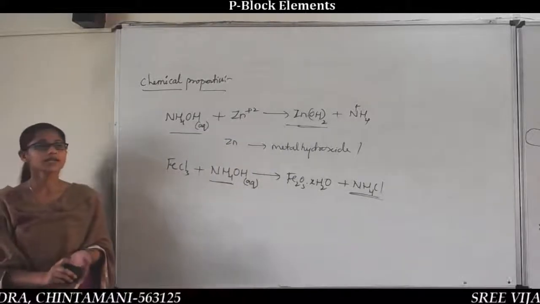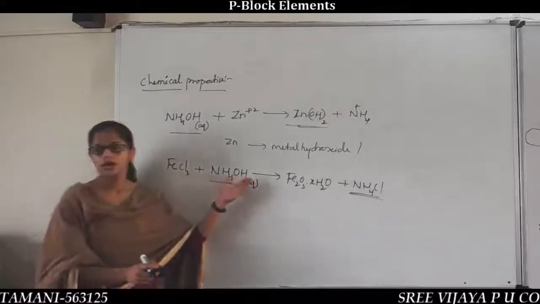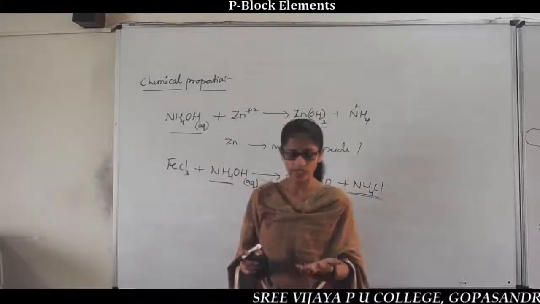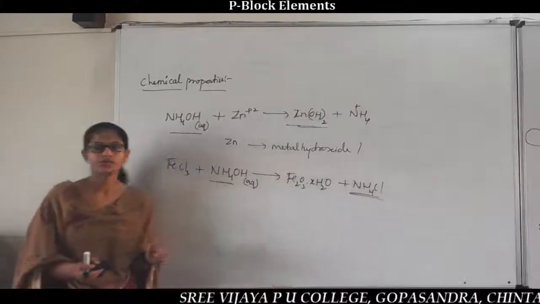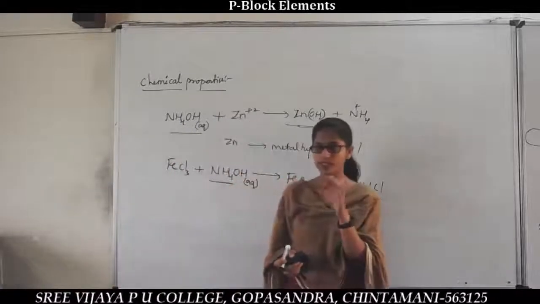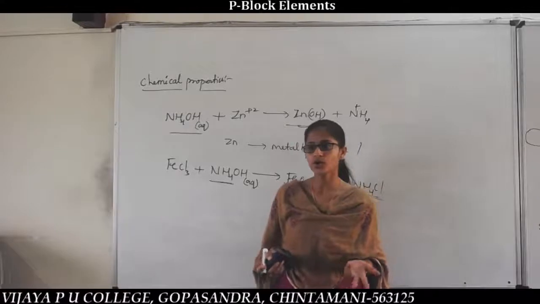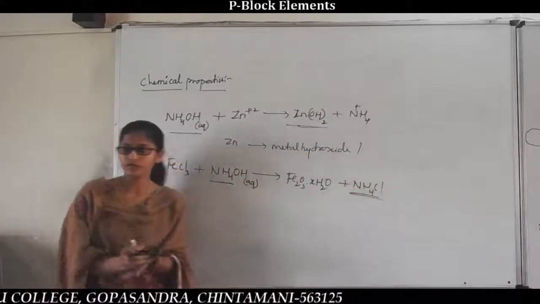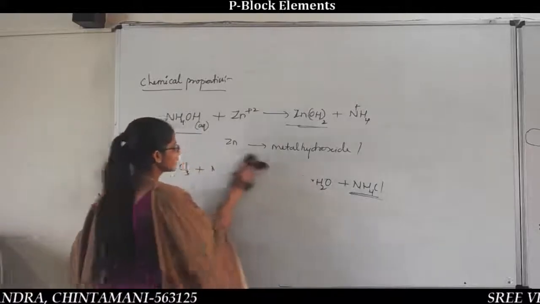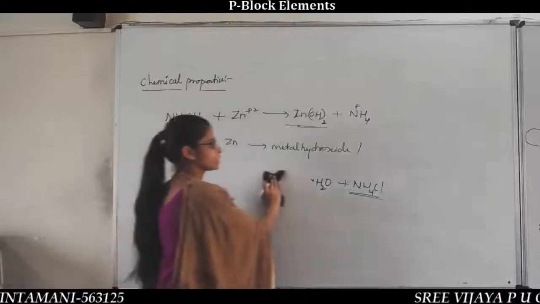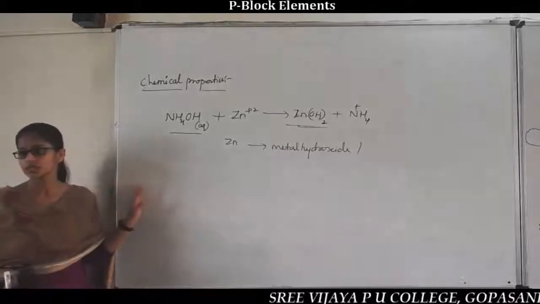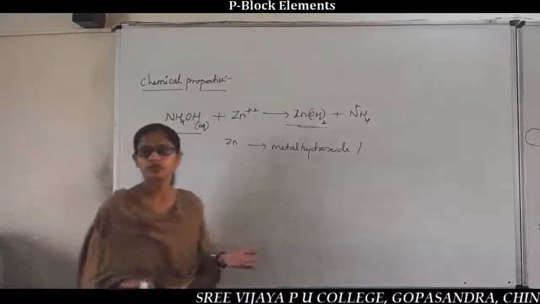metal. The next chemical property of ammonia is that it reacts with ions like copper. Usually we know that copper sulfate is blue in color, so we take salts of copper sulfate, which is blue in color. When dissolved in water it gives Cu2+ ions. The Cu2+ ion formation is because of the blue color. I explained this in your redox reactions, where we do a comparative study of the different oxidation states of copper. Why is blue color formed? Due to the different oxidation state of the corresponding element, metal or whatever.